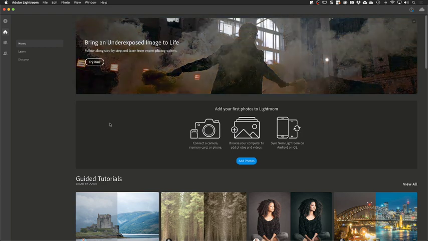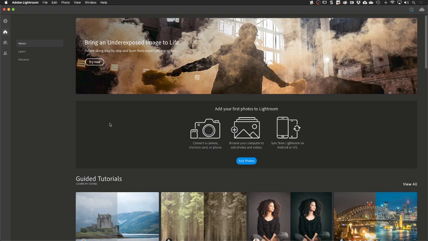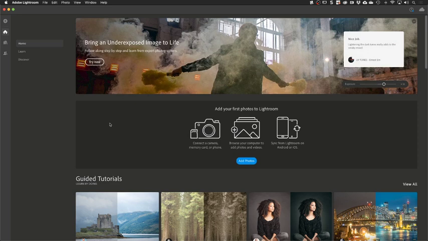I'm fortunate enough to have two different Creative Cloud subscriptions: one that I use for my personal and professional work, and another one that I use for teaching and demonstrating. That's the subscription I'm using here. So there aren't any photos in my Lightroom right now, so I can explain from the very beginning how it works and how you get your